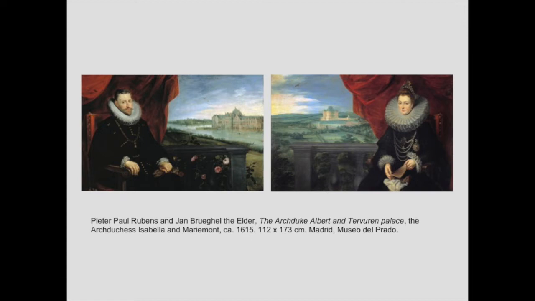These paintings were given to them, and they were recorded in their hunting palace at Tervuren, which is the palace in the background of that painting, quite near to Brussels, in 1620. Just over a century later, in 1731, these paintings, which were very large and very, very expensive, were